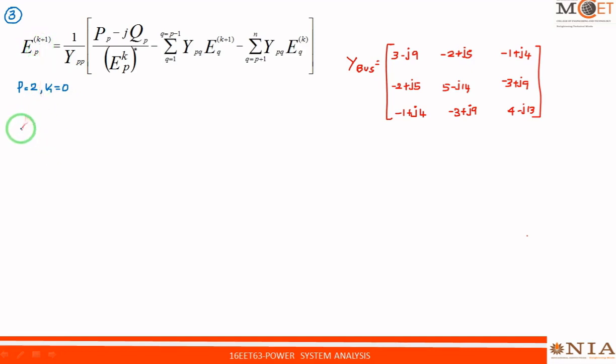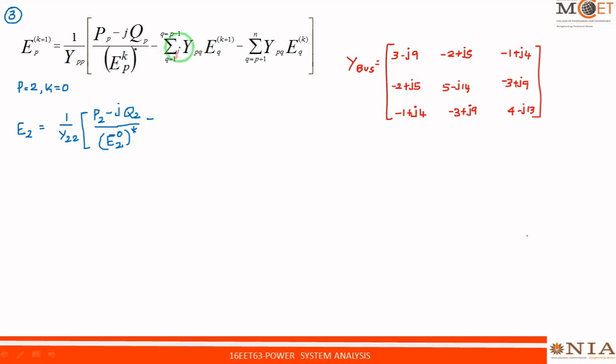So by substituting this, I will get E2 equal to 1 by Y22, because YPP is Y22, into P2 minus J into Q2 divided by the conjugate of E2 of 0, minus